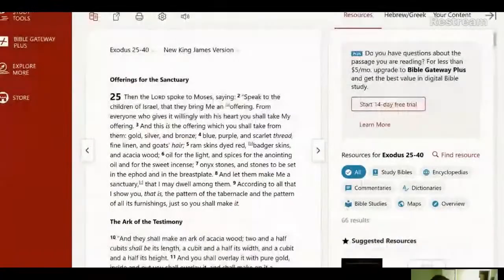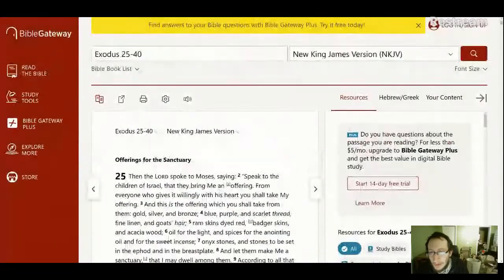It doesn't make sense. And also, a striking weird thing is, what did he go up on the mountain to write? So let me share the screen again of Exodus, just so you can see what's going on here. So what we have is, let me go to 24.